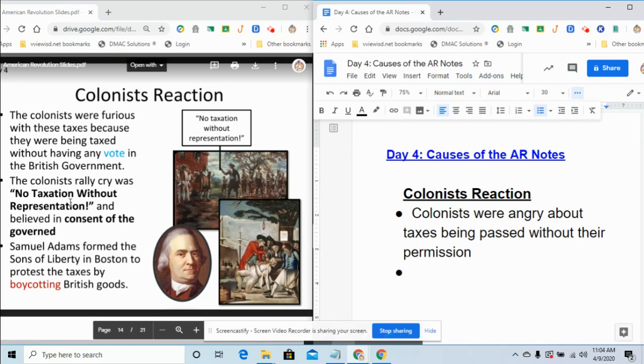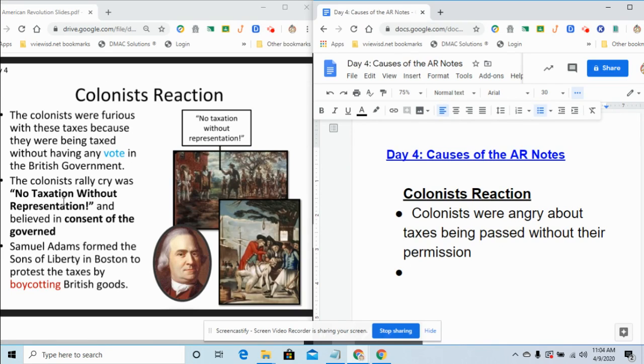Next thing, the colonists began to cry out something that went like this: no taxation without representation, because they believed in the consent of the governed, which is something that British law had already taught them. And since they were British citizens, they felt that they also should have the ability to have a voice, which I think is pretty fair. So colonists chant: